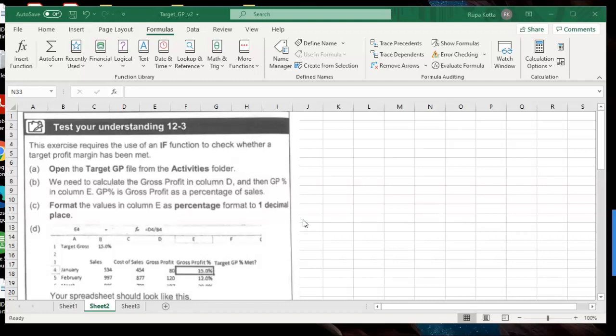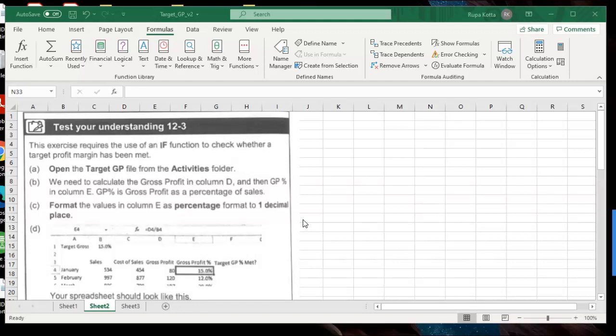So you say if each and every salesperson is more than 20,000, then only that person will be paid the commission. So it's easier to use an IF function in Excel rather than checking hundreds and thousands of rows of data to see if a particular condition has been met or not.